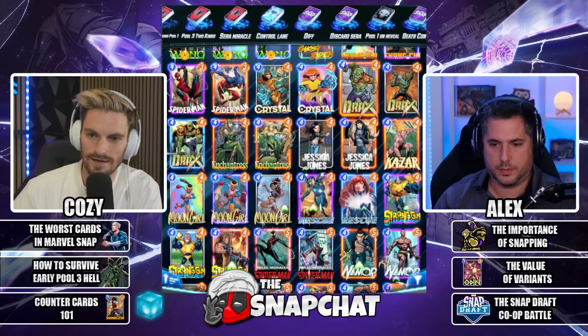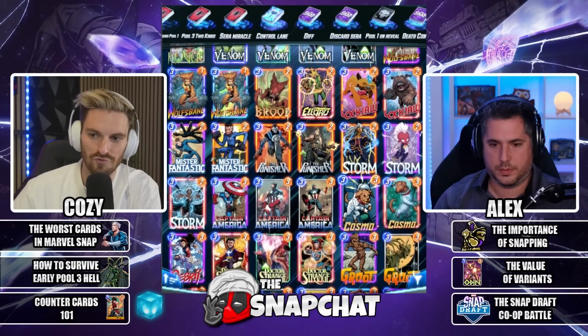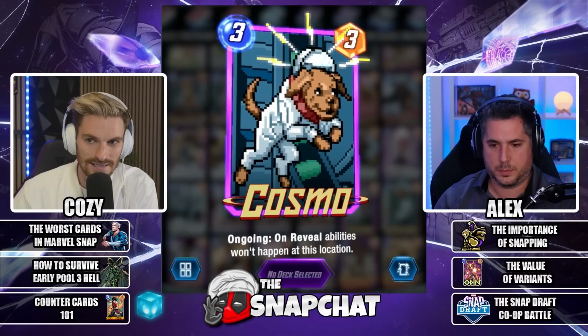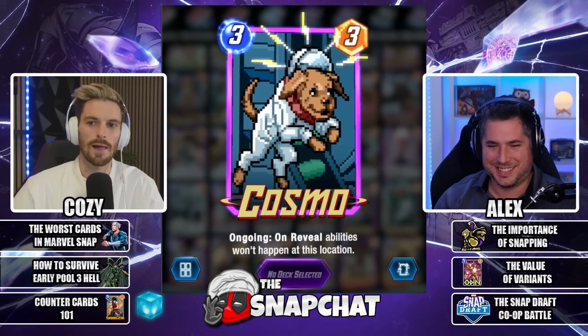I think we didn't talk about them, and we'll close with this. The one I run the least, and honestly, it's because of how much I love On Reveal, is the Puppy Dog. He's not my favorite Puppy Dog. That's Lockjaw. But Cosmo,